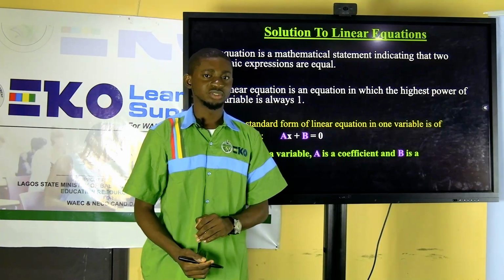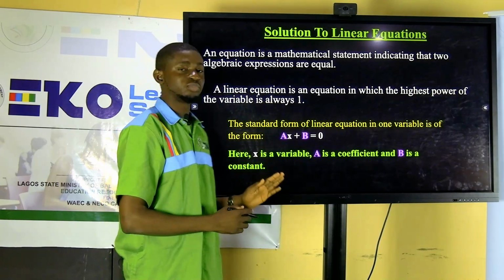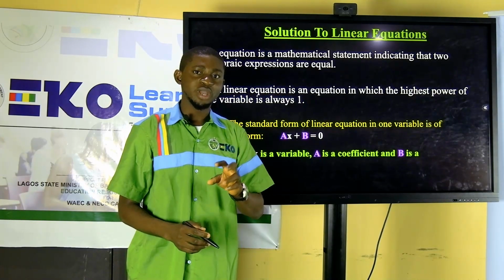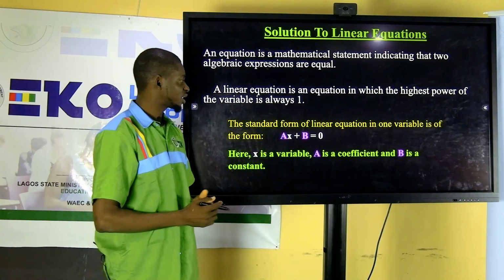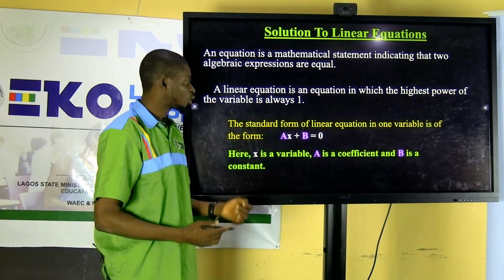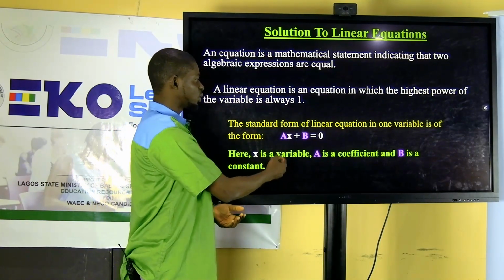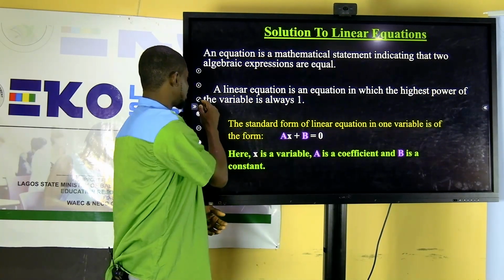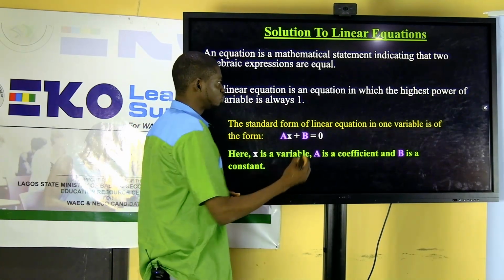Now, a linear equation. A linear equation is an equation in which the highest power of the variable is always 1. The highest power of the variable that we are considering is 1. So such as we have the general form of the linear equation. So any linear equation of one variable that you have as ax plus b equals 0, where a, b are just constants. For example, something of